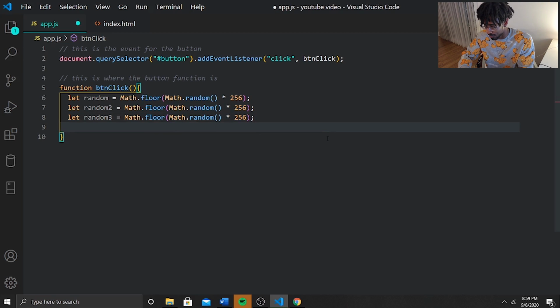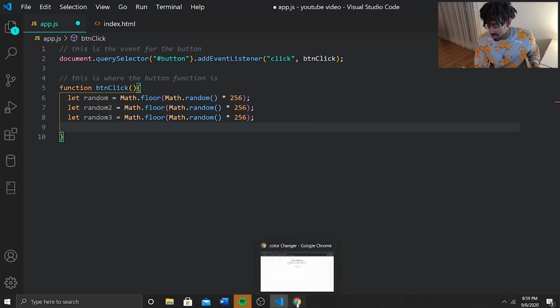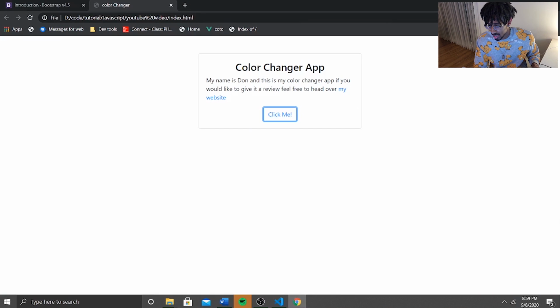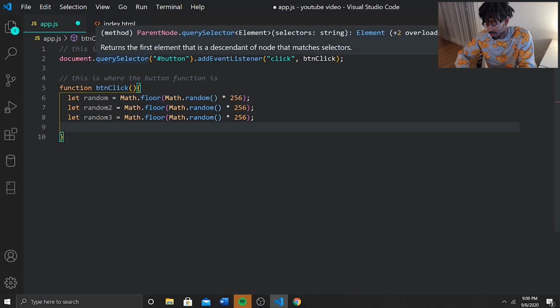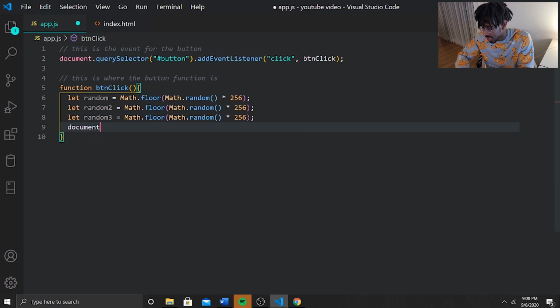Okay, so now that we have that, we have to select the body. Everything you see right here is the body. So we want to be able to change the background of the body. I guess not everything you see is on the body, but generally speaking, all of this is. I know that's a little bit confusing, but for the sake of this, that's all you really need to know. So now to select the body, you can do document